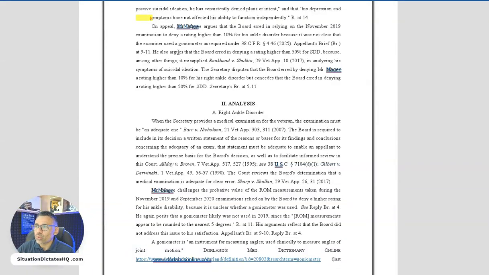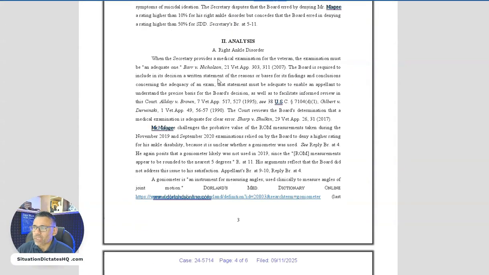Now, he also argues that the board erred in denying a higher rating than 50% for severe depressive disorder because, among other things, it misapplied Bankhead and Skulkin, right? So perhaps you can look this up, Bankhead and Skulkin, 29 Vet. App. 10, in analyzing his symptoms of suicidal ideation. The Secretary disputes that the board erred by denying Mr. McGee a rating higher than 10% for his right ankle disorder, but concedes that the board erred in denying a rating higher than 50%. And then it goes on to